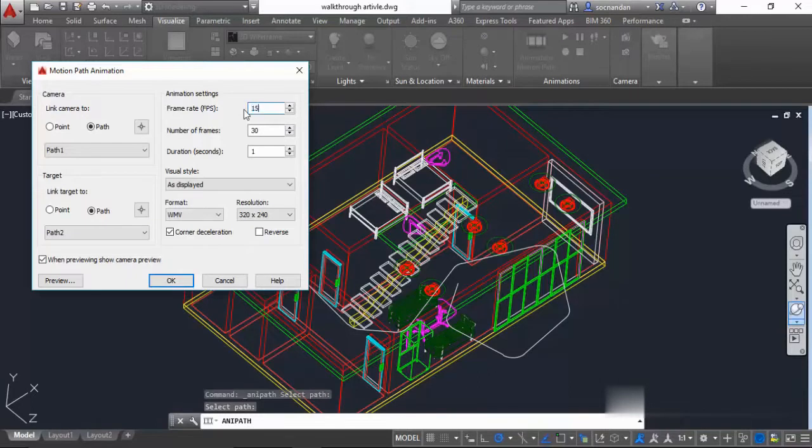So we can decrease this value to 15. And now the number of frames will also decrease because the duration is 1 second. So now here you can change the duration of the video. So let's change this duration to 30 seconds and we'll be able to create a 30-second video. Now click in any other field and you'll notice that now we have a total 450 frame video in 30